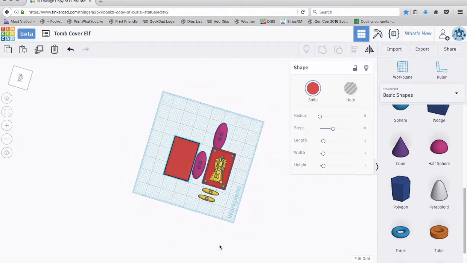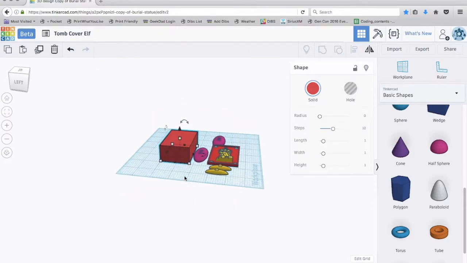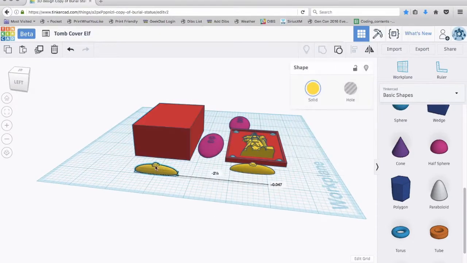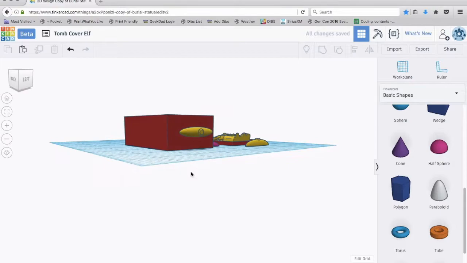Let me zoom in just a hair here. I'll do the side one. So I take this, I drag it over. I want to rotate it 90 degrees this way. Oop, not that way. I want this one 90 degrees. Nope, other way, 90. And then I can just put it, obviously I'll need to raise it a little bit. Let's see, right here, I'll raise it. I'll just push it in. Oh, there we go. So that's kind of what it's going to look like right there when it's glued onto